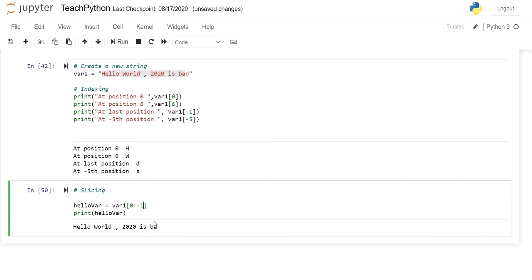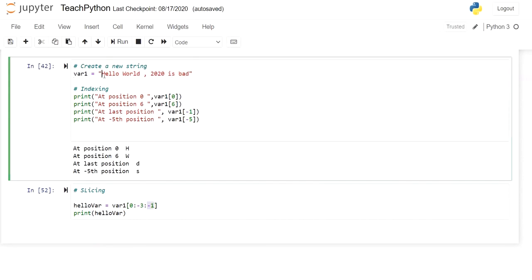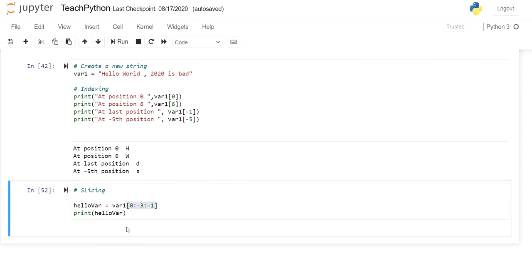Now what if I write -3 here? I hope now you guys can guess how it is working. Now what if I give a step size of -1? Nothing is being printed. Why? Because we have to go from 0 to -3, but when I wrote -1 as the step, it is not able to move forward. It will go backwards, and nothing is there in the backwards, so it won't print anything. I hope you are very clear about slicing: the starting index, the end index and the step size.